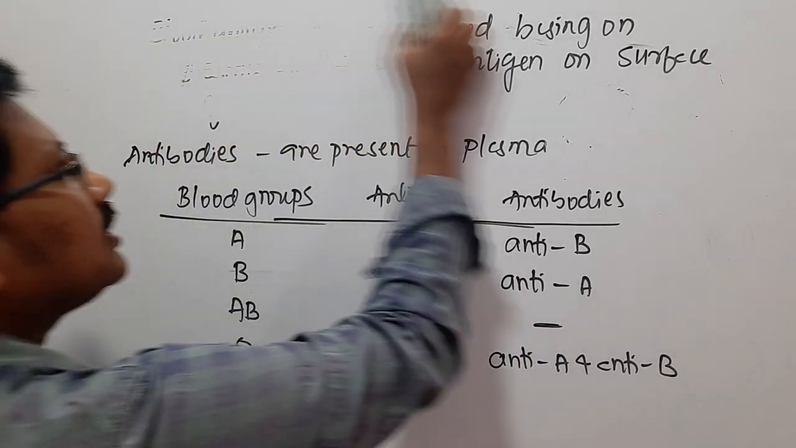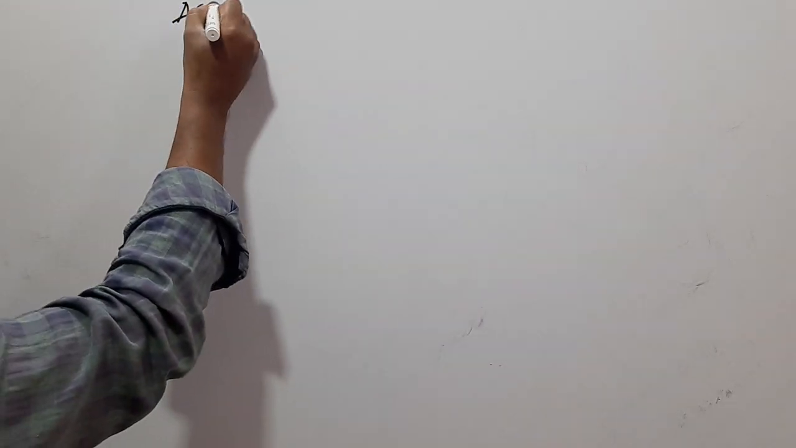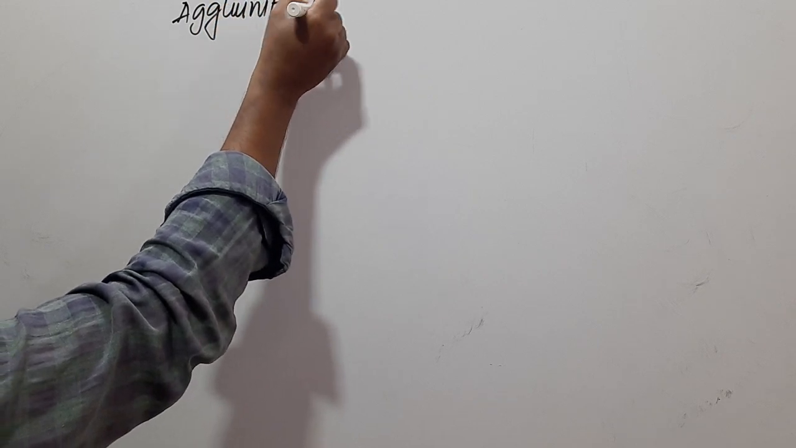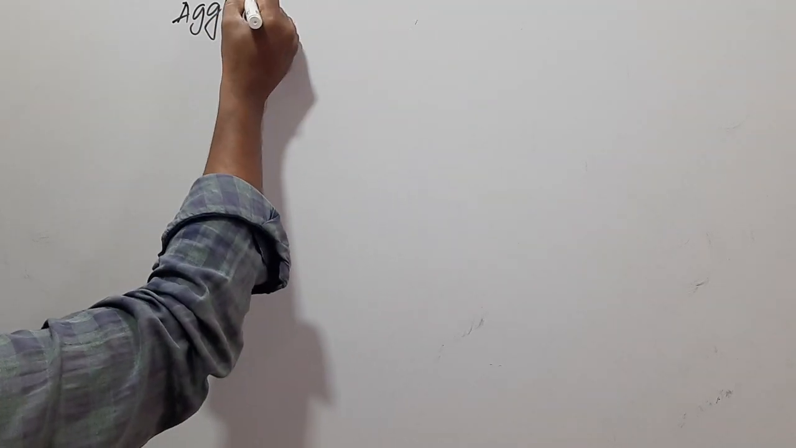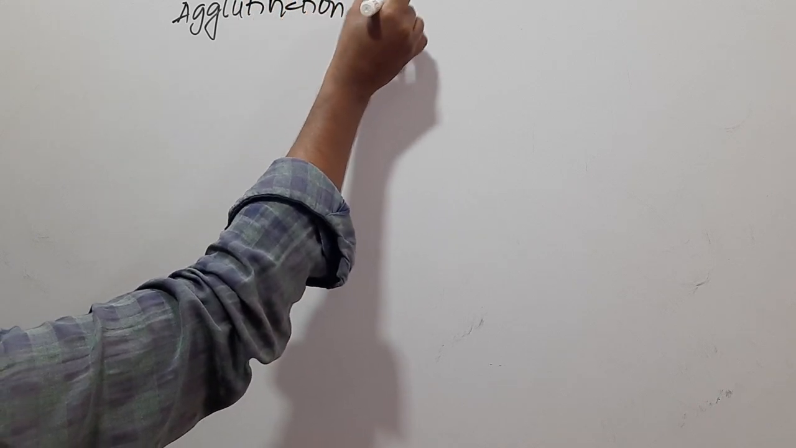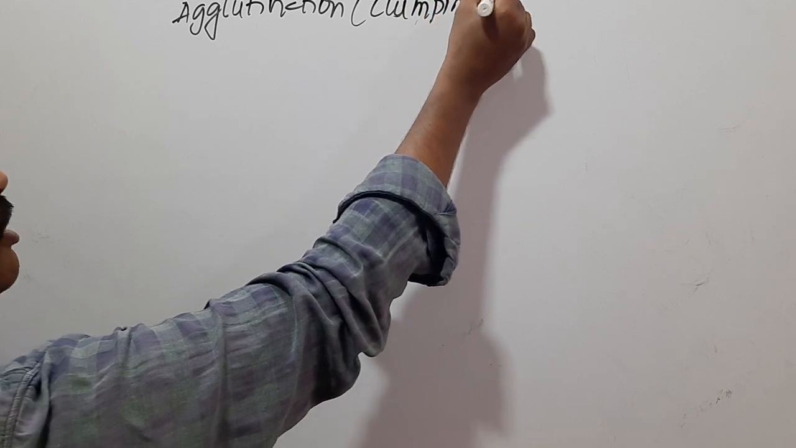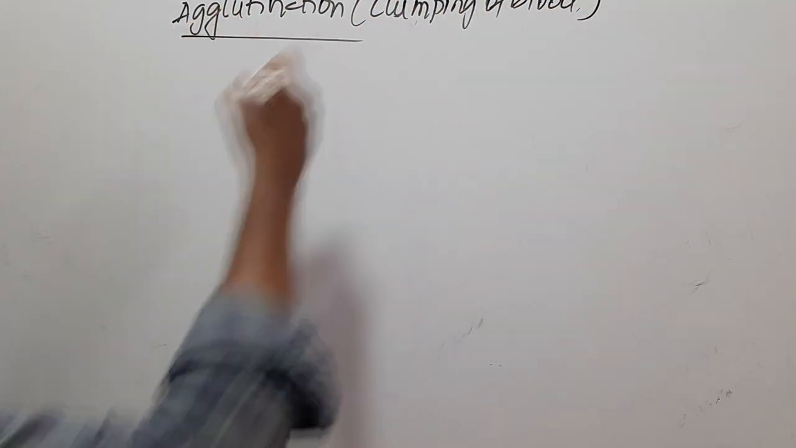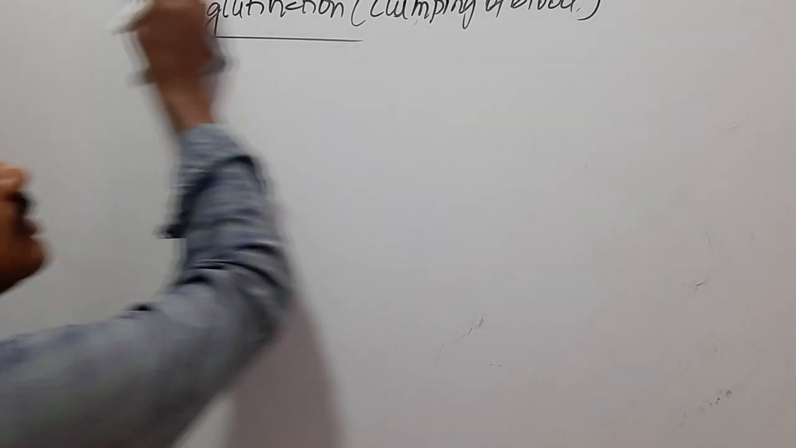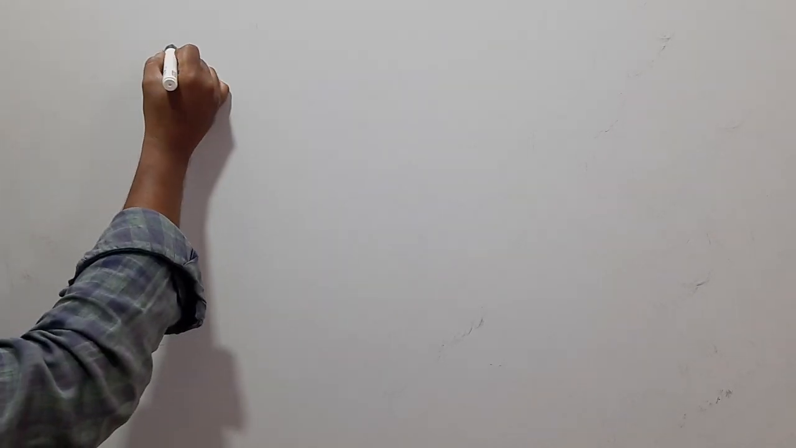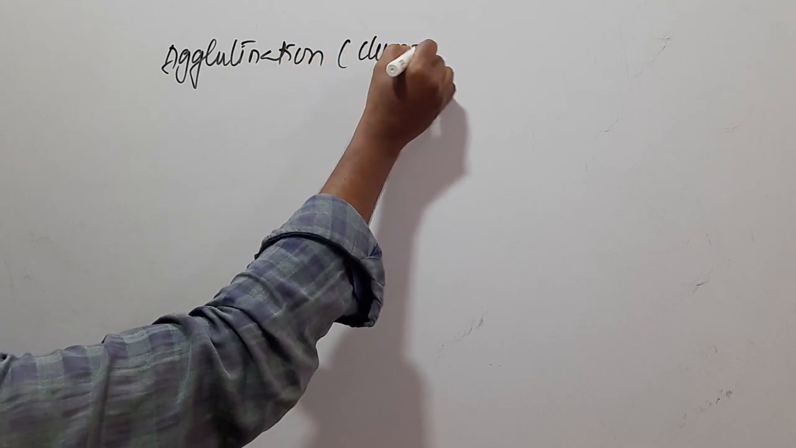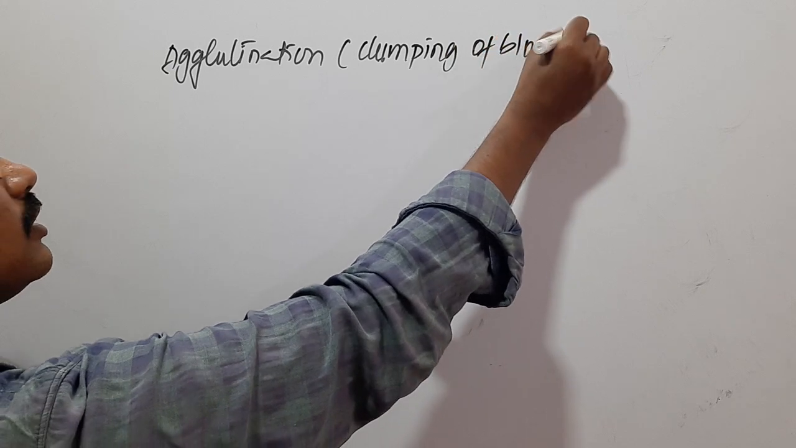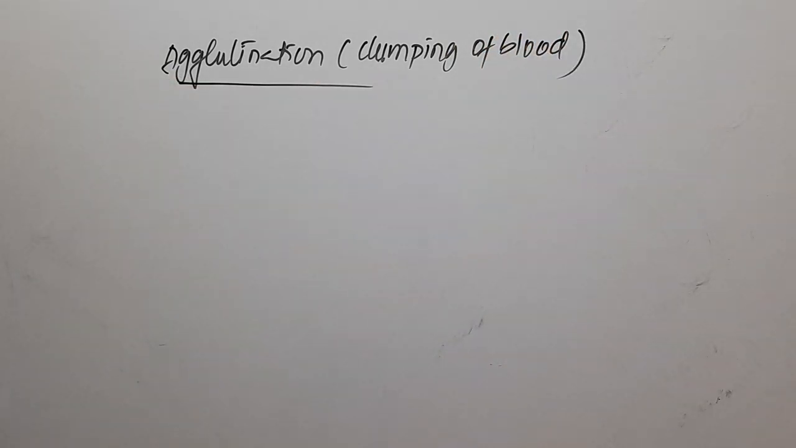Now let us look at the agglutination. Agglutination is nothing but clumping of blood. So this clumping of blood takes place